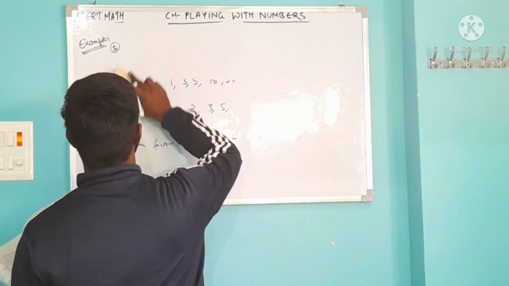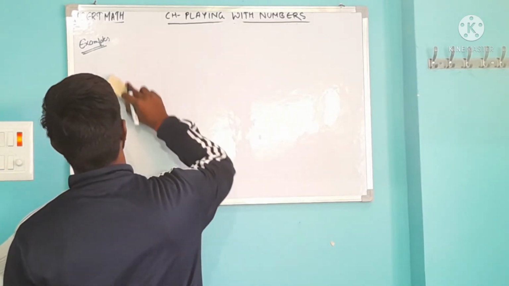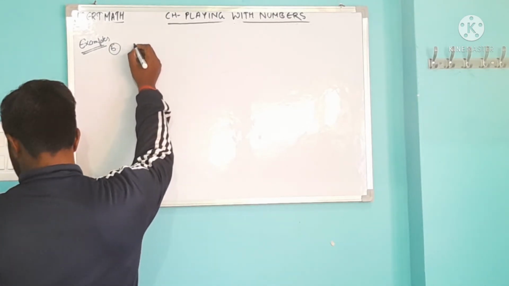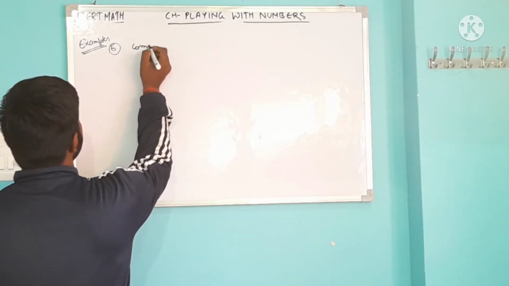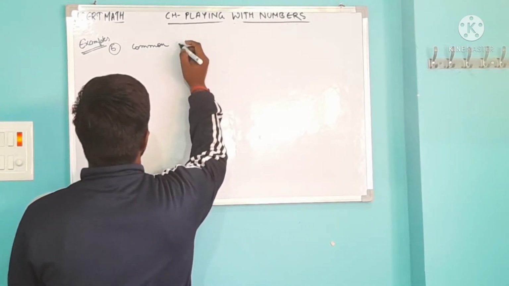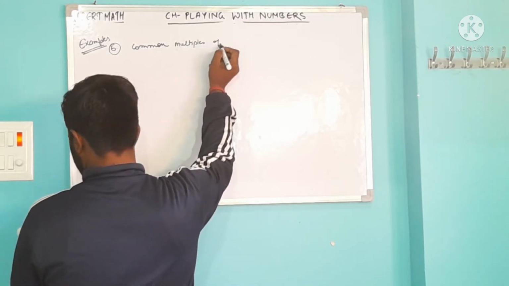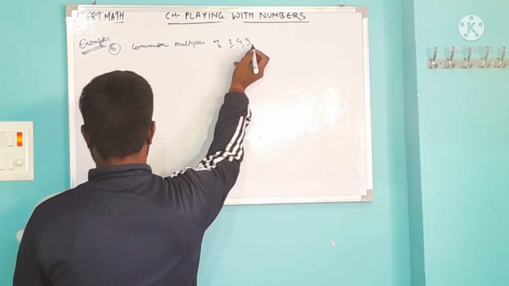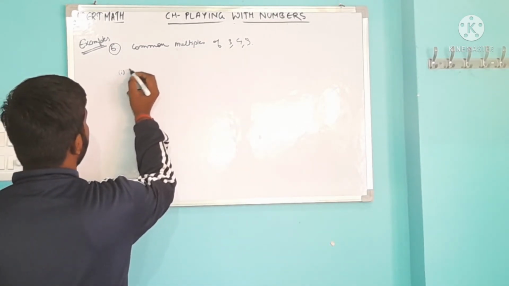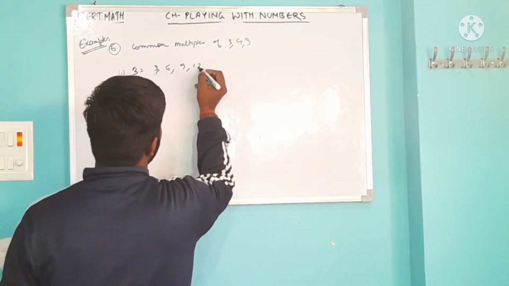Common factors is a very easy topic. Here, we simply first find each term's factors, then take the common ones from these numbers. So now the next example, which is example 6: common multiples of 3, 4 and 9. Firstly we need to find the multiples of 3, which are 3, 6, 9, 12,